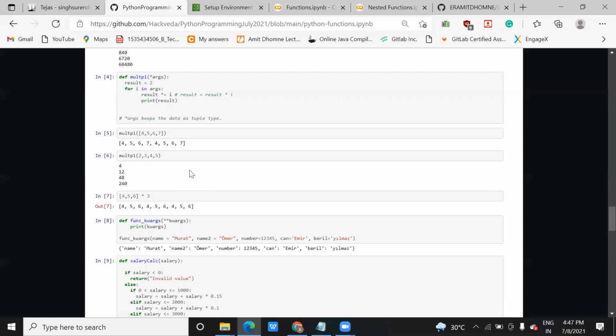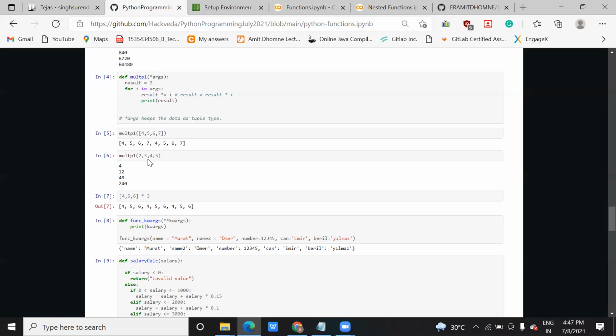So here also, when you do multiplication of a simple list, it will print each character 3 times. But when you do it like this, each value will act as a parameter, and each parameter will be assigned to this args, which is of array type, or you can say list also. This list accepts a single value one by one, and based on that it will work.